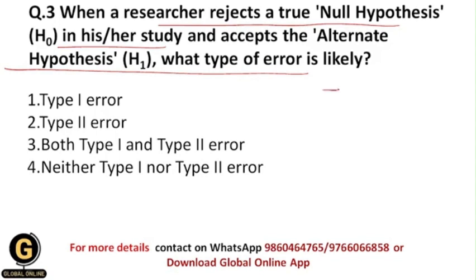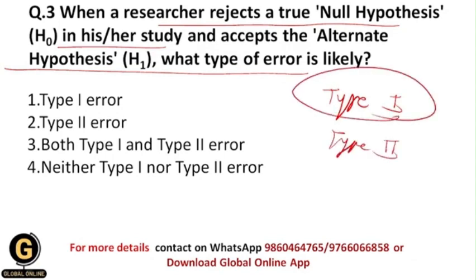Those types of errors are type 1 error and type 2 error. Basically, students, type 1 error occurs when we reject the true null hypothesis. Okay, whenever we reject the true null hypothesis, in that situation type 1 error occurs,